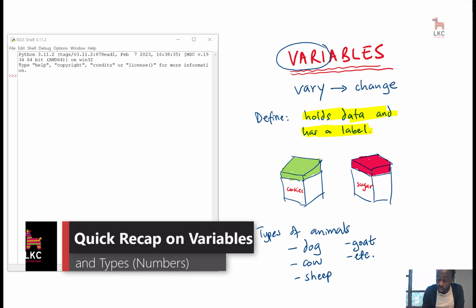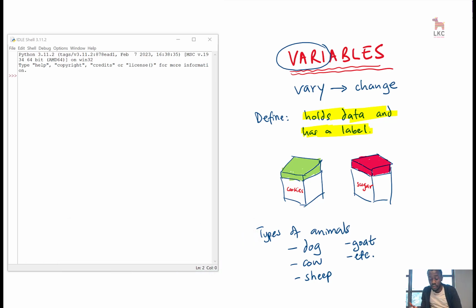We've talked about variables, and we say the word variable is because it varies. The values of variables change. That's why they're called variables, and we define them as containers that hold data. And they have a label. So in the case where we say x equals 20, for this container, the x is the container, and the 20 is the sugar,